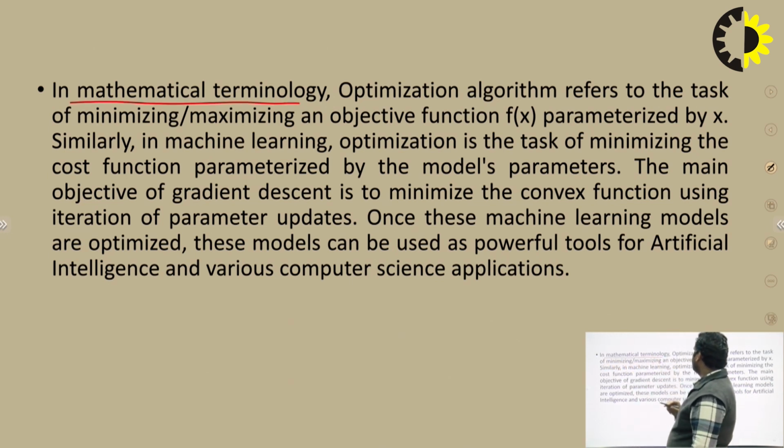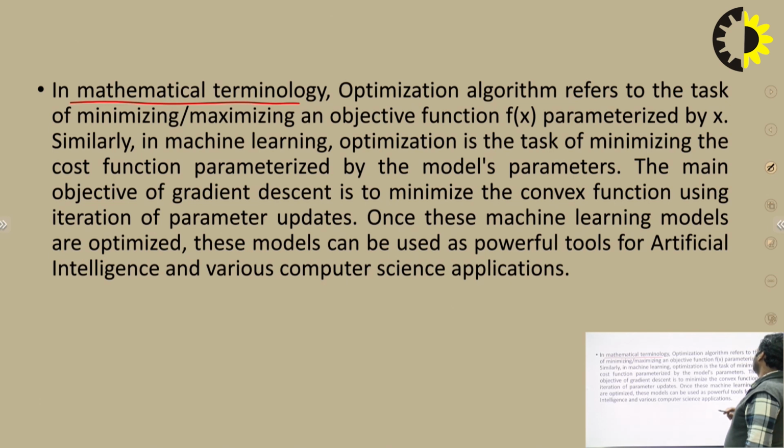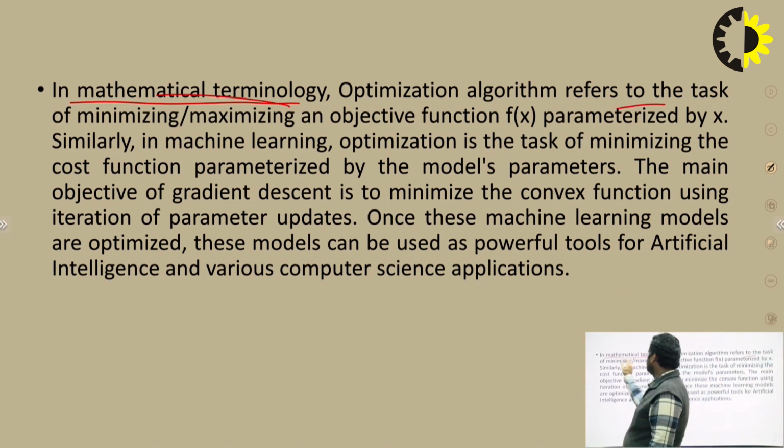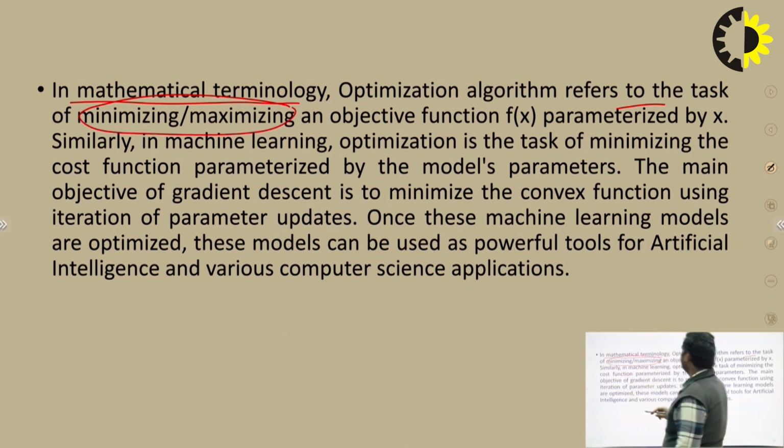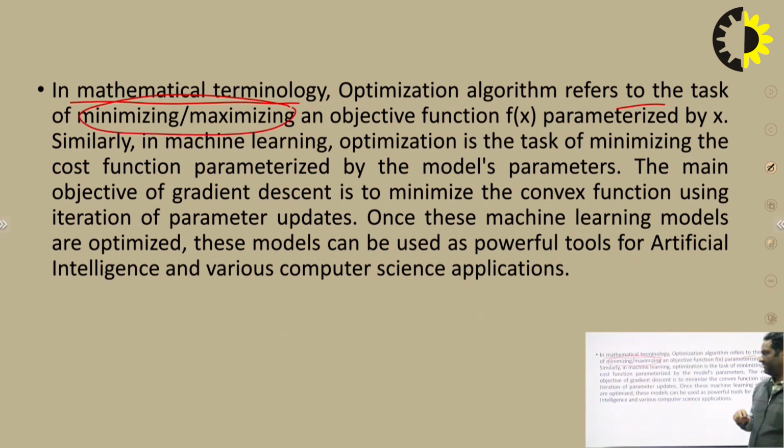In mathematical terminology, optimization algorithm refers to the task of minimizing and maximizing. When we talk about optimization, both come in: either minimizing things or maximizing things. Minimizing means cost should be minimum; maximizing means profit must be maximized. An objective function, suppose it is f(x),